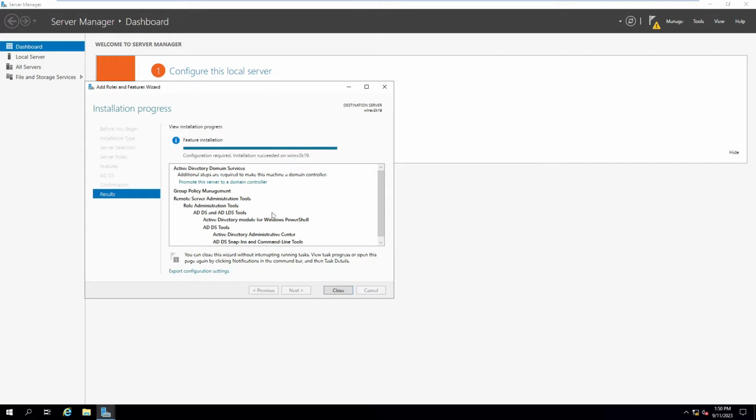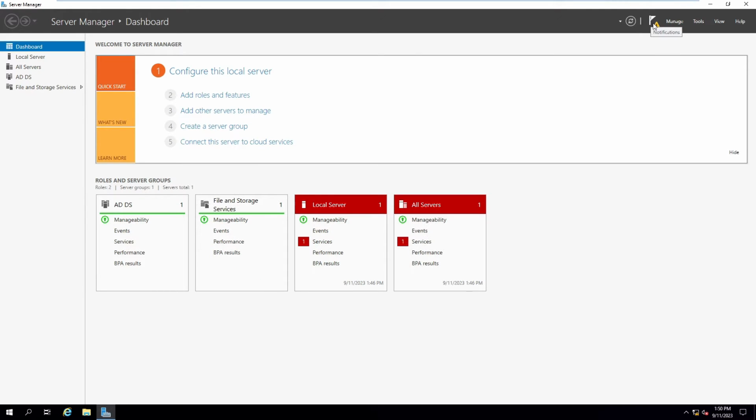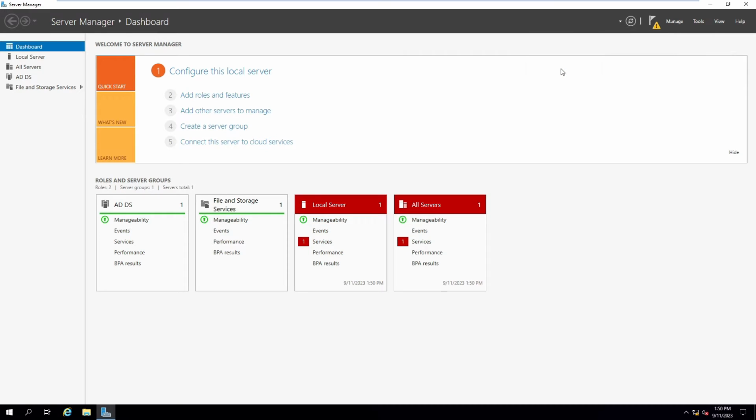Now the installation is complete. Let's close this, and in the server manager you can see the notification options, and we have done the Active Directory installation. Go to promote this server to a domain controller,